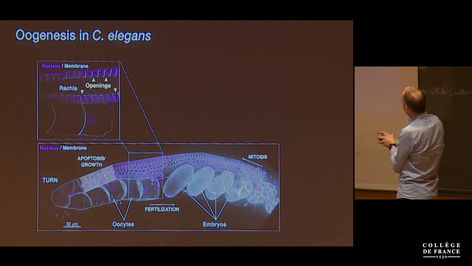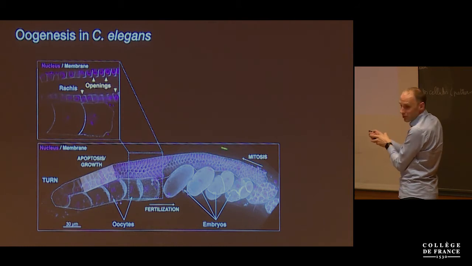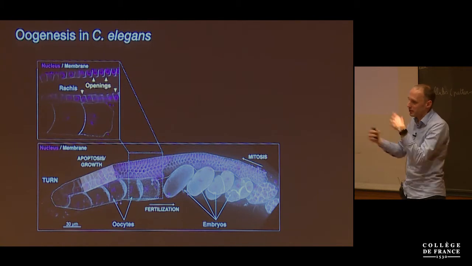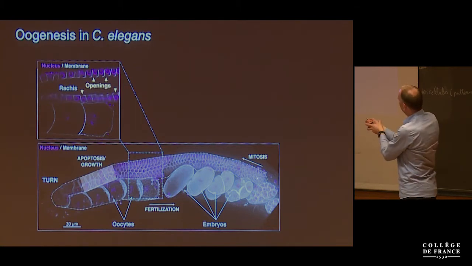And now, over here, there's a so-called proliferative zone. There's lots of mitosis going on. And there's a couple of stem cells that are just dividing, spitting out germ cells. And this is essentially a conveyor belt. They're just slowly moving over.